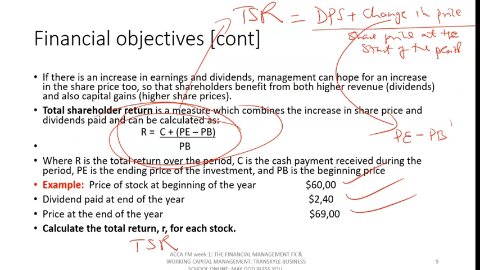All right, TSR, which is equal to the dividend per share, 2.40, plus the change. The change is determined by the price today, or the price at the end of the year, which is 69, minus the price at the start, which is 60,